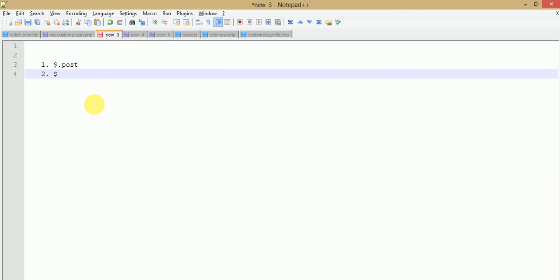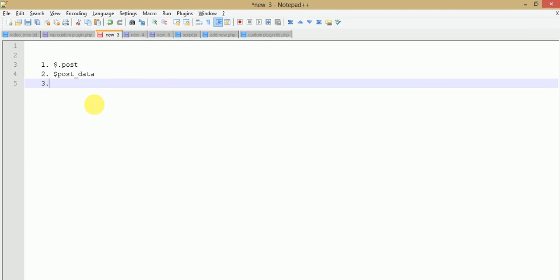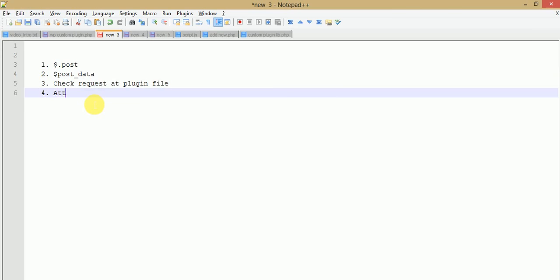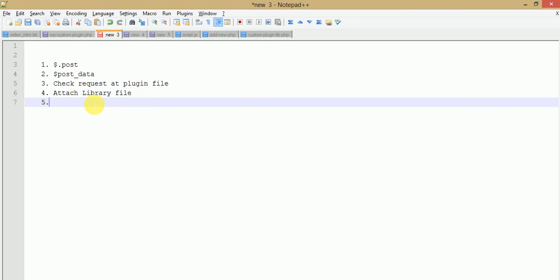Second, post data. Third, check request at plugin file. Fourth, attach library file. Fifth, handle Ajax request, and send response